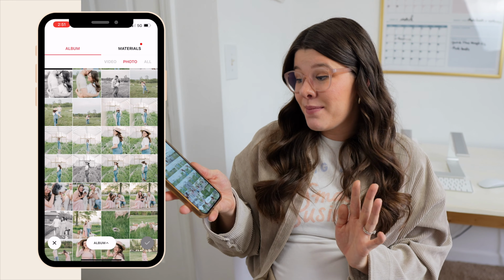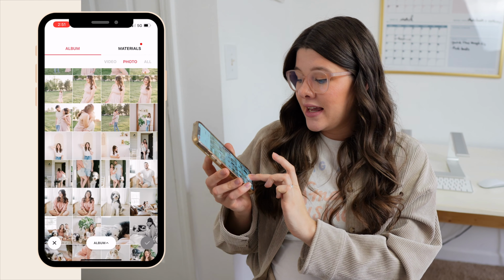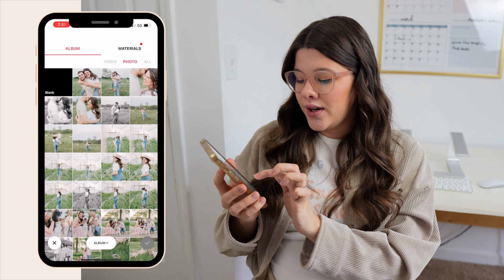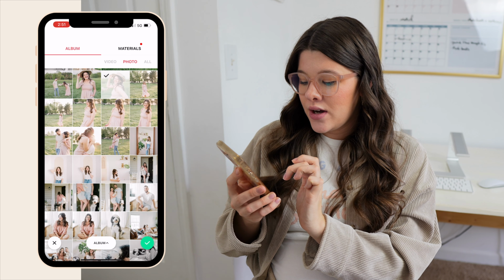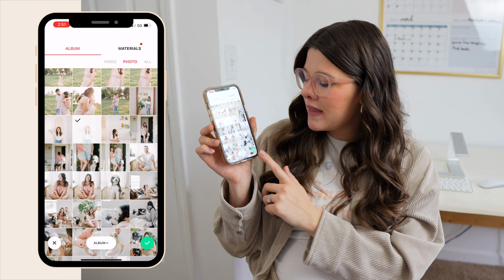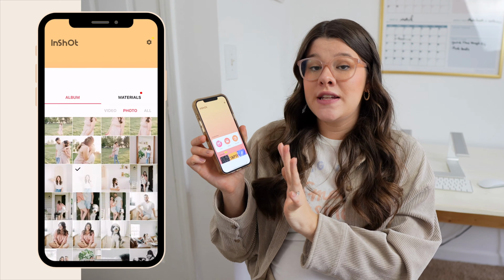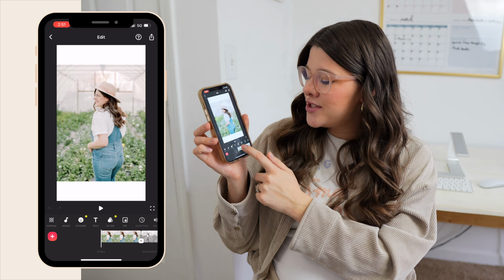All right, so for example, here's a folder with some branding photos that I had taken. So I'm just going to select, say I just want to add a bunch of these photos. I'm going to select as many as I want right here. Let's go ahead and just do one more. And then you're going to tap the green check mark in the bottom right hand corner. So go ahead and tap on that. Make sure you stay on the screen as it's loading,